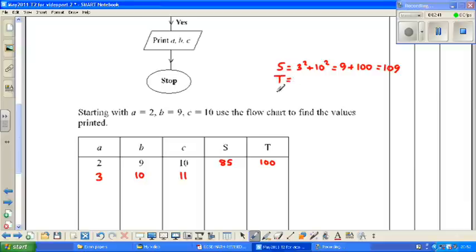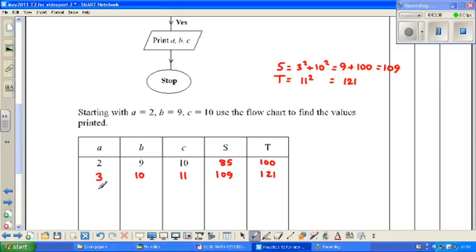And T is equal to C squared. This time C is 11, so that's 121. So is S equal to T? I'll write those in. That's 109 and 121. So S is not equal to T, so the flowchart tells us to go round again